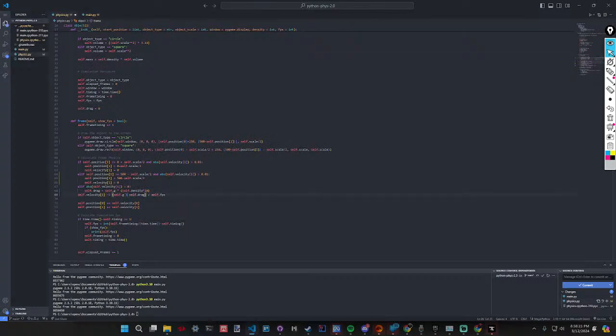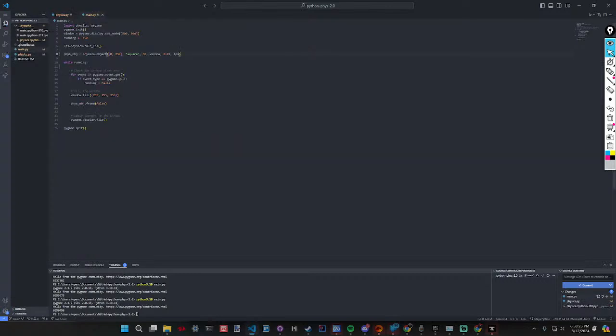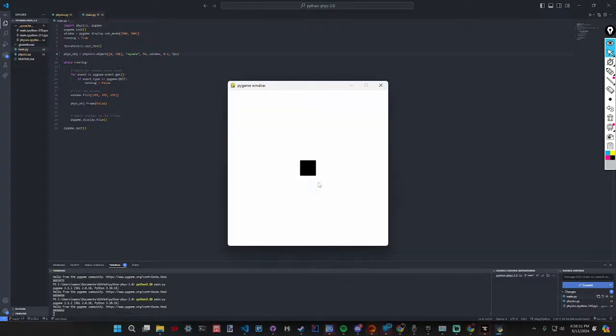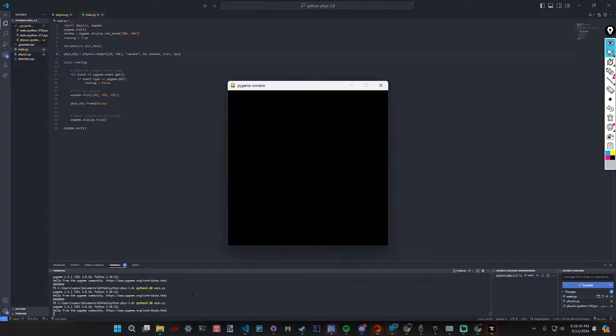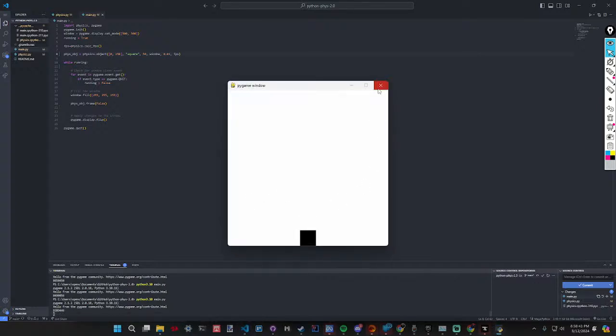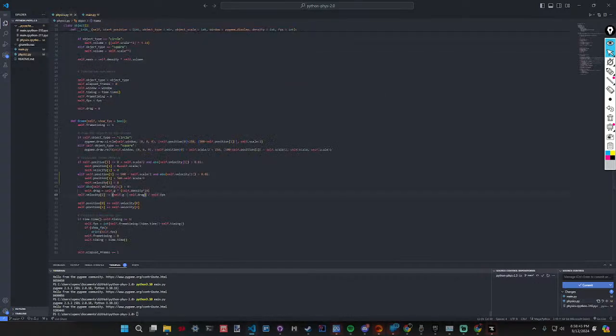So no, we need to subtract it, right? Because then it can't accelerate at 0.1. So what I'm hoping to see, unless I made a mistake, perfect. That's exactly what I wanted to see. So now 0.01 should make it accelerate upwards, right? No, nope. Doesn't do that. It doesn't work like that. But why? I don't know.